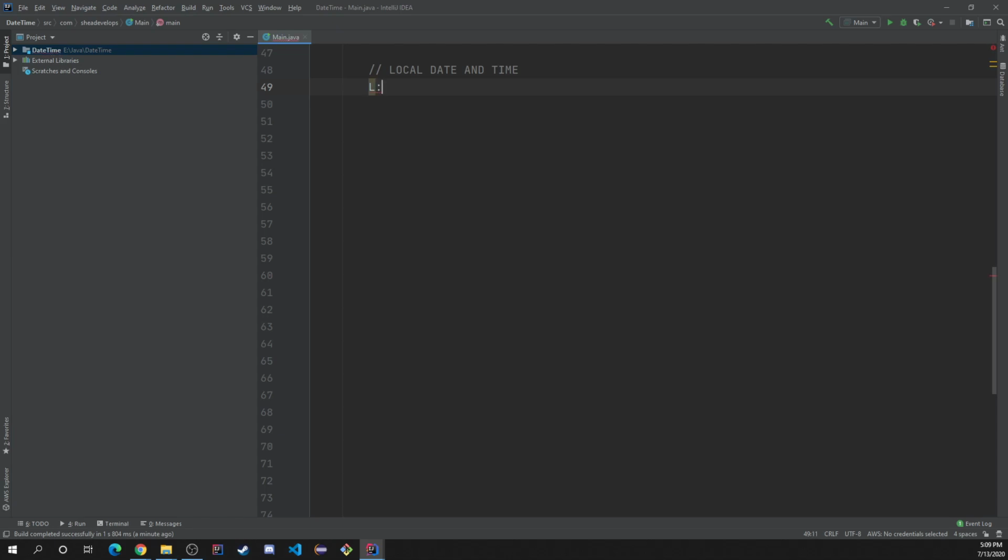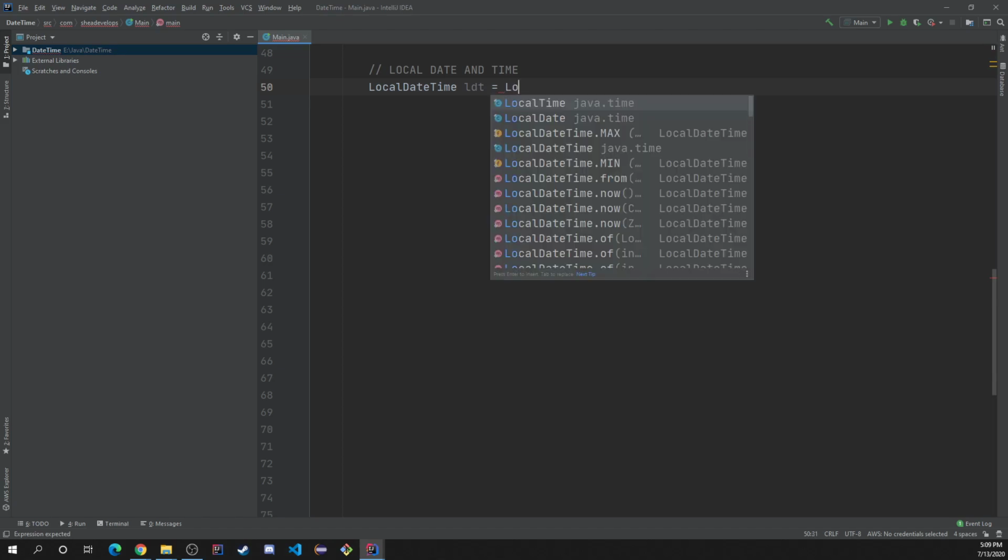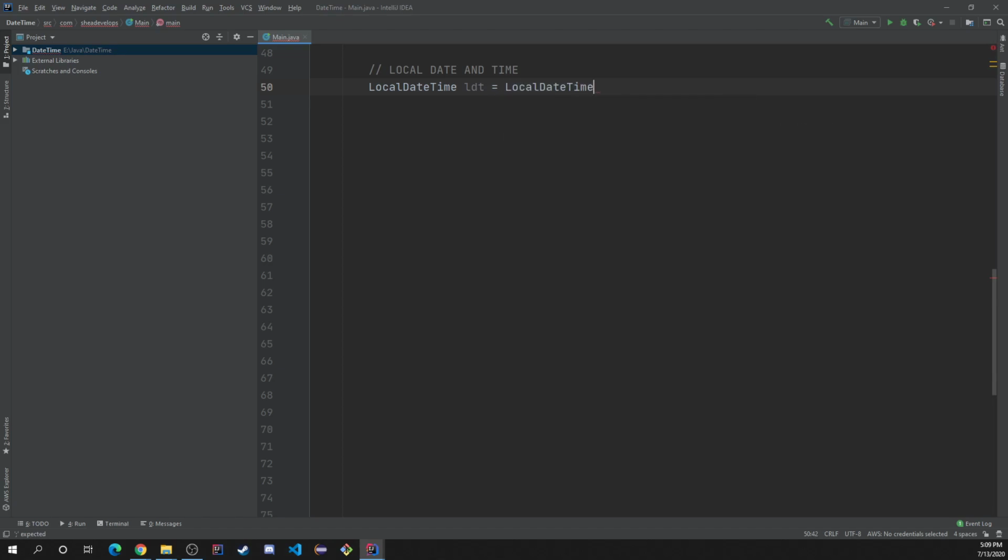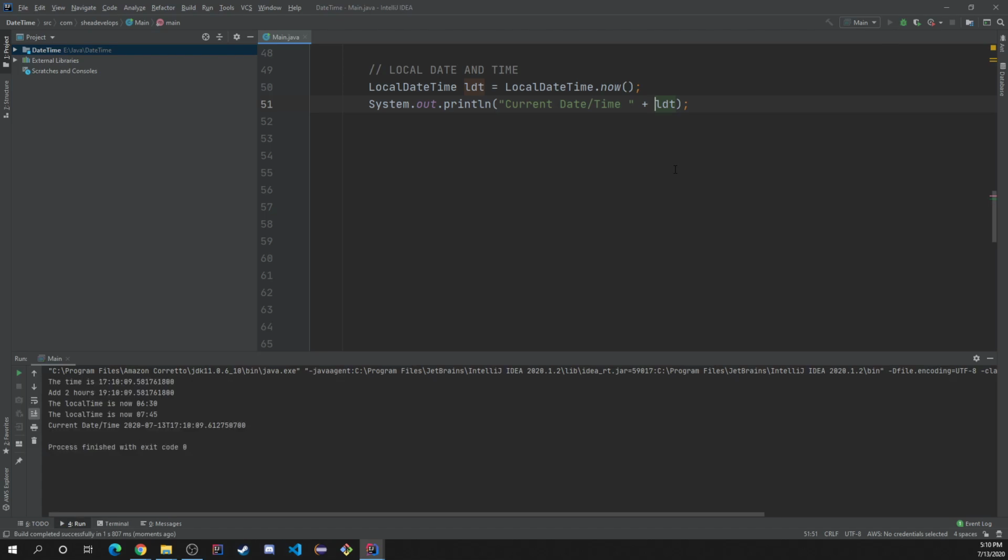Let's go ahead and do that. So we'll do local date and time. We'll call it LDT because I don't want to spell all that all the time. And we'll say local date and time dot now, and we'll get the now. We will output the LDT. We'll do current date slash time. There we go. Now we should be able to run this and get our current date and time, which we'll